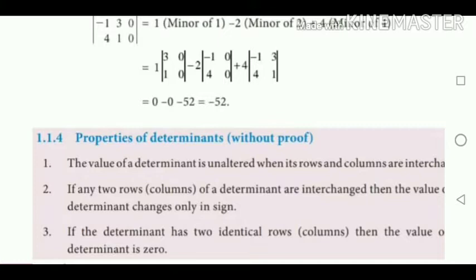So cross multiply it. Minus 1 into 0, 0. 4 into 0, 0. Okay. So here also you are getting 0. Then in the third minor, that is minus 1, 3, 4, 1. Here cross multiply. Minus 1 into 1 equals minus 1. 4 3s are minus 12. So minus 1 minus 12, you are getting minus 13. Minus 13 into 4 equals minus 52. So our answer is minus 52.